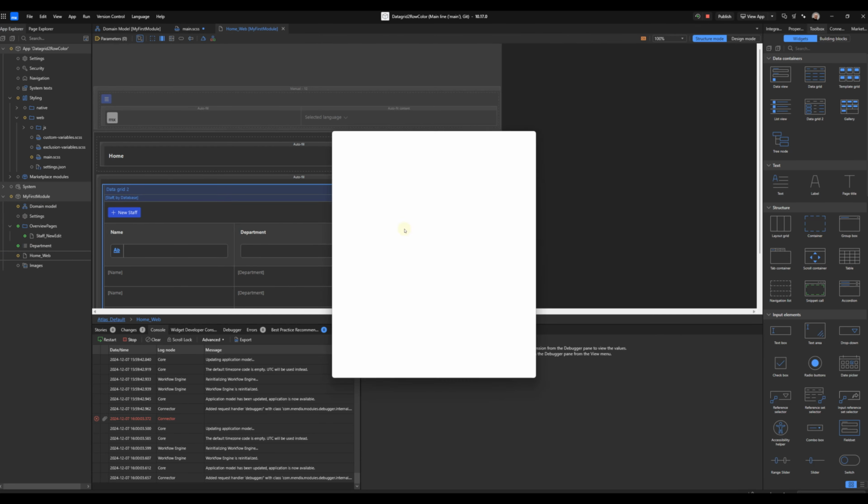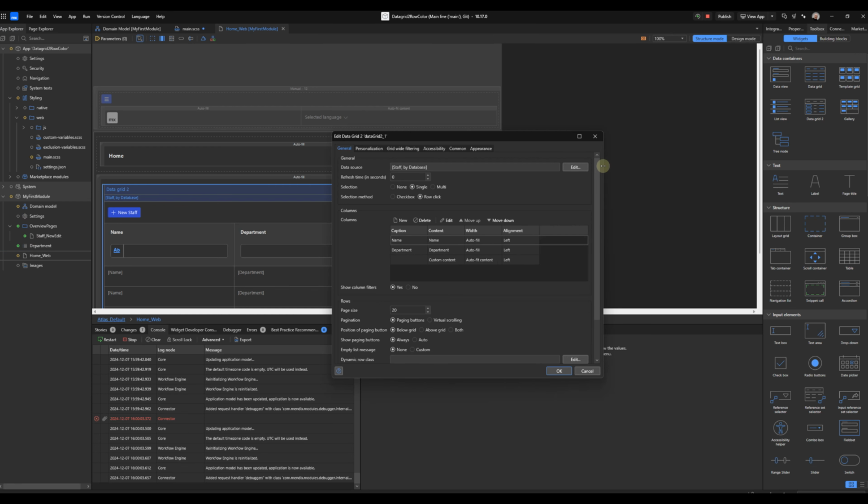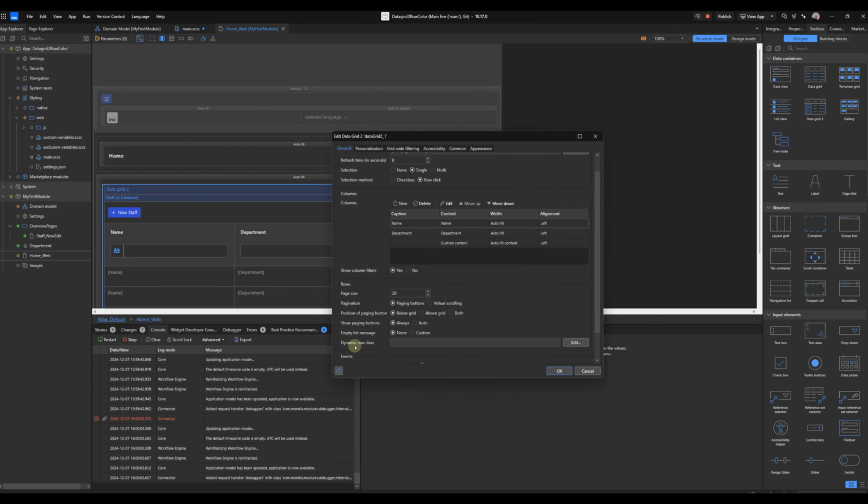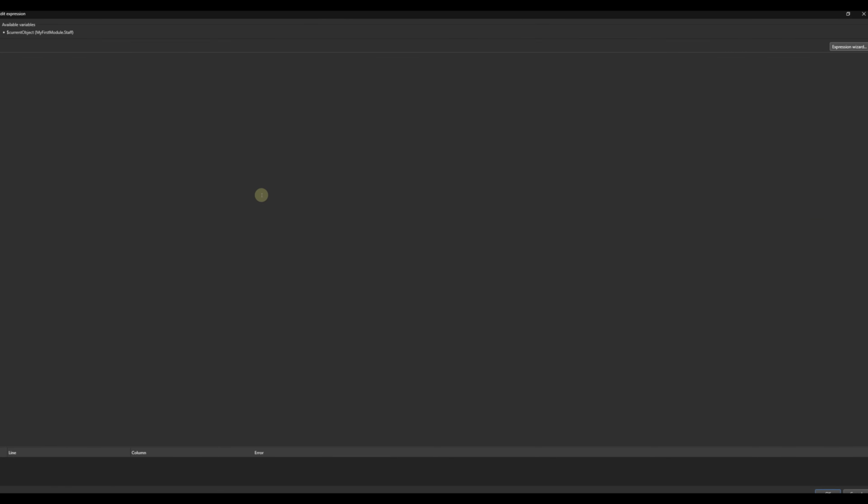On the home page, click here, and we will go to the dynamic row class and click edit. Okay, let's write our code. If current object department, I will select the enum, and if it is IT, then call the IT class.